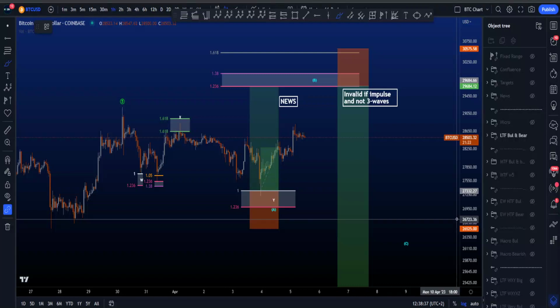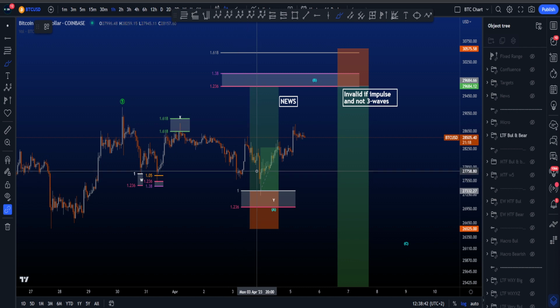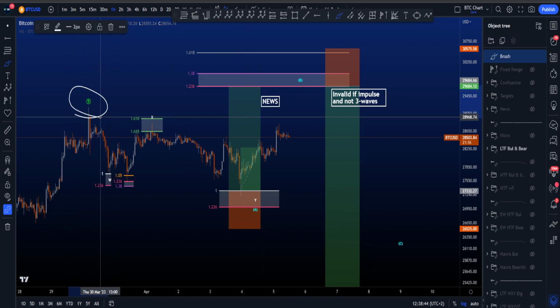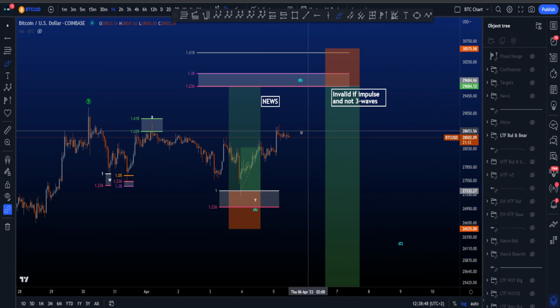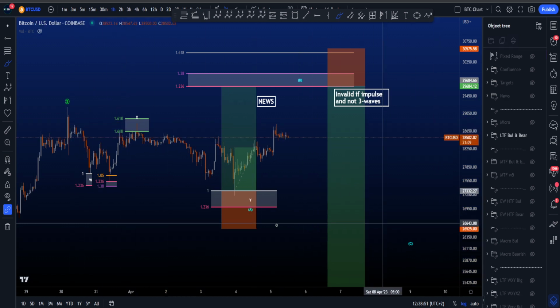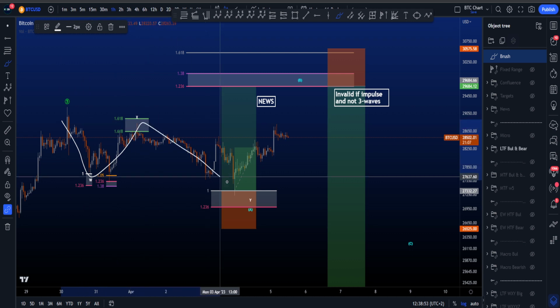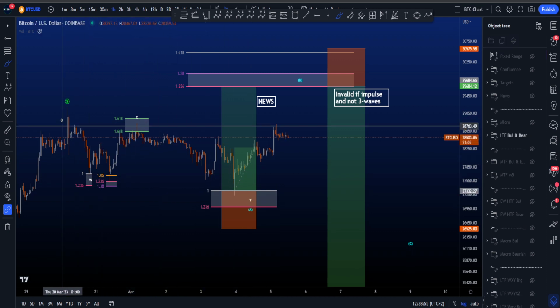Hi everyone, let's go through my preferred low time frame and new micro scenario in this video, starting with the low time frame scenario where the high of wave 5 is already in and we are currently at the beginning of a corrective structure to the downside. The corrective structure is in this case a WXY scenario where we had a zigzag in W,